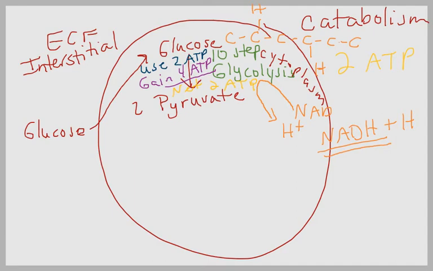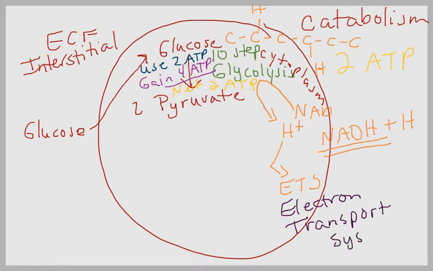Now these hydrogen then are going to get transported to a different area in the cell, and that other area is in the mitochondria, and it enters into a process called the Electron Transport System. Okay? And then there it will be used to make more ATP. So we'll talk about the electron transport system in just a little bit, but what we're really interested in are